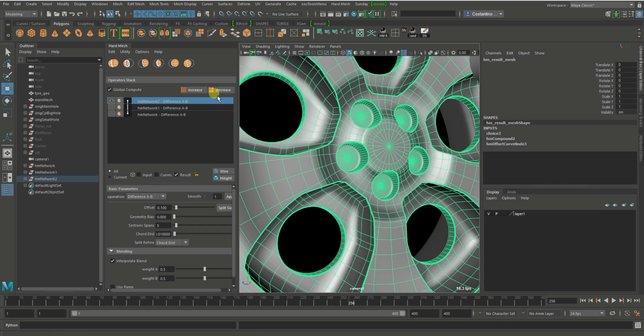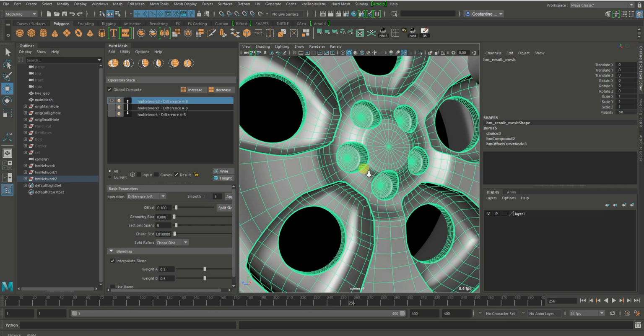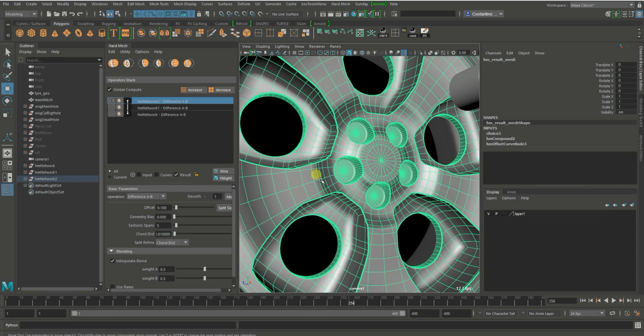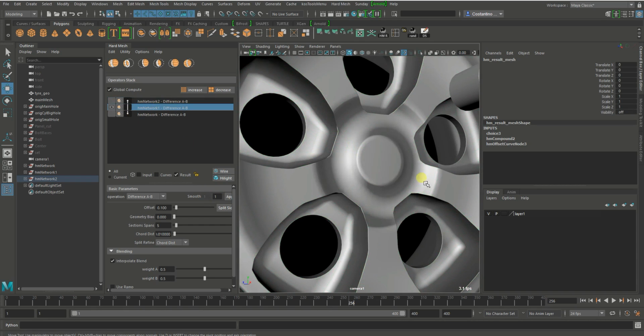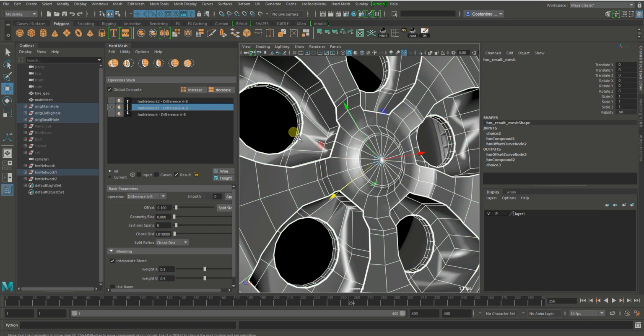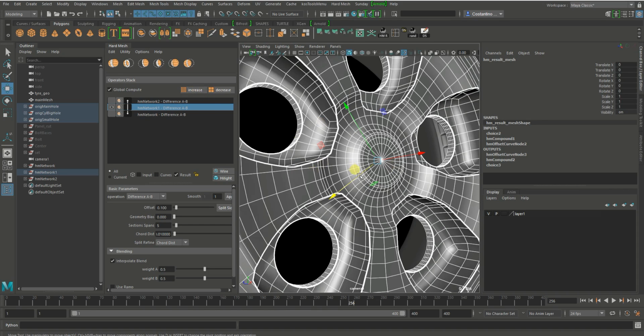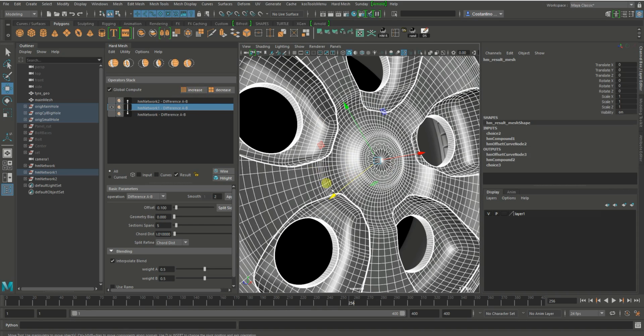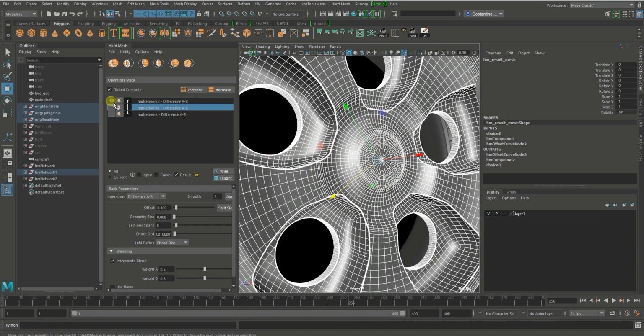Both control the smoothing, but this one is on a global level, and this one is on a local level. So what does it mean? Let's just concentrate on these two. If I do a decrease, this will be affecting this, and this, right? It's on everything. If I do an increase, again, it's on everything. So I might be here and say, okay, yes, that's a nice resolution for these objects, but when I go back here,